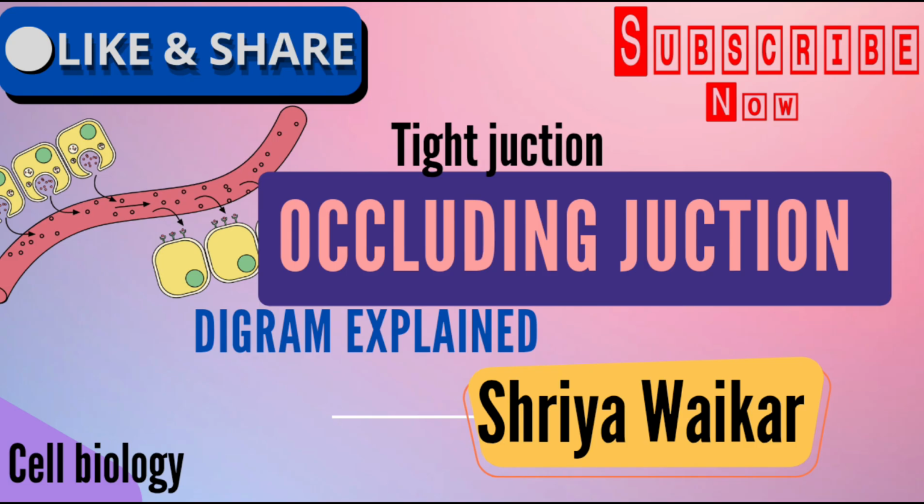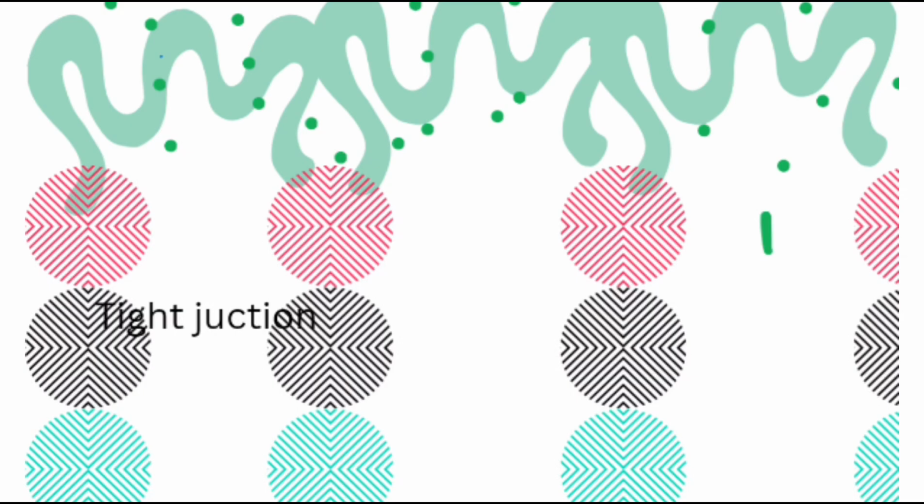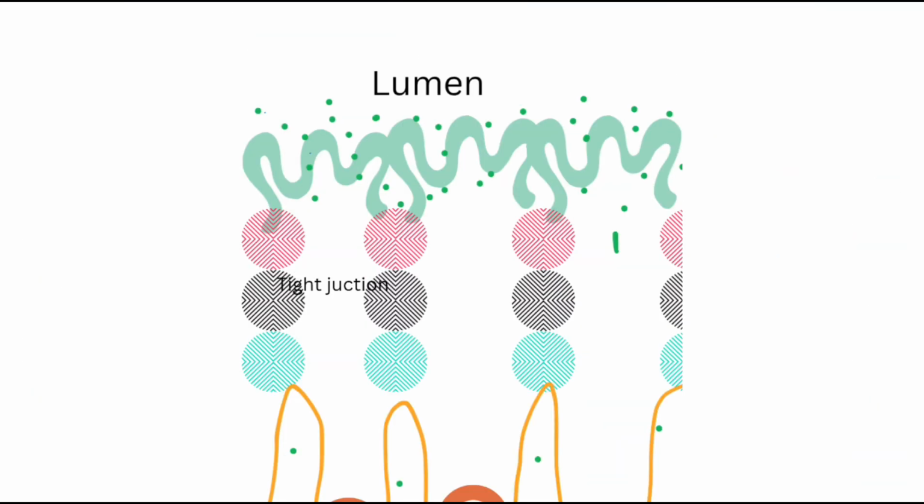So welcome to Biomandscape. Today we are going to learn about the tight junction, which is also known as the occluding junction, and its role in intestinal glucose absorption. So the occluding tight junction, as we can see in the diagram, separates the apical and basolateral membrane